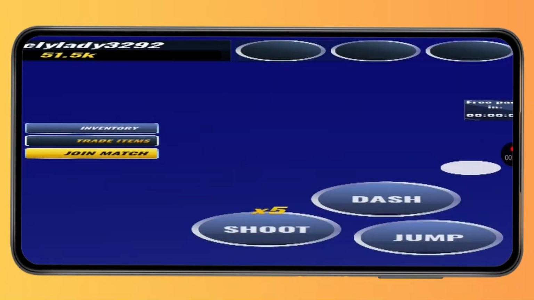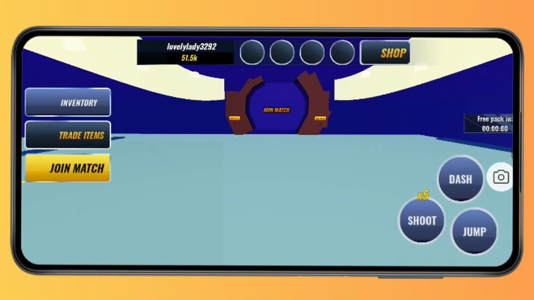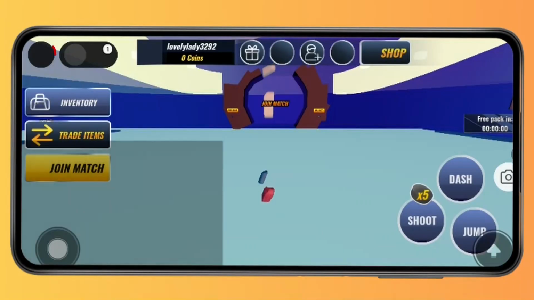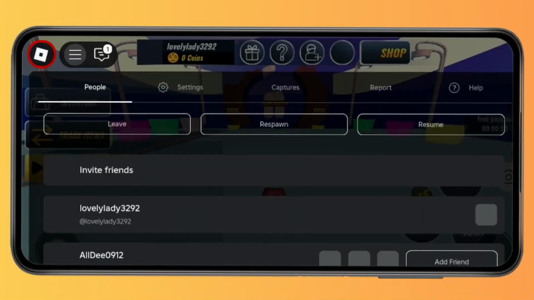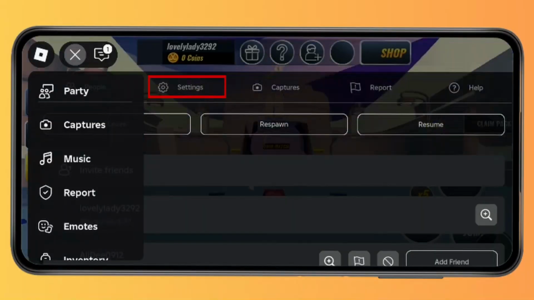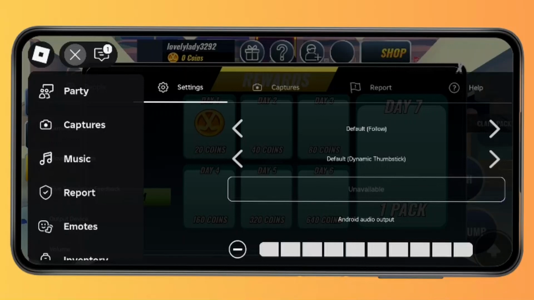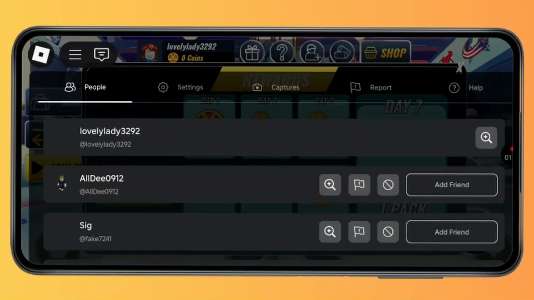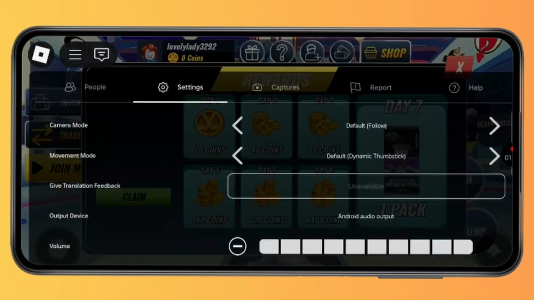So once I've entered this game, I'm just going to click on the Roblox button which is right in the top left, and then I have to go to my settings. Just going to press this. So once I'm in my settings, I'm going to scroll down till I find the graphic one. So see over here in your graphic,